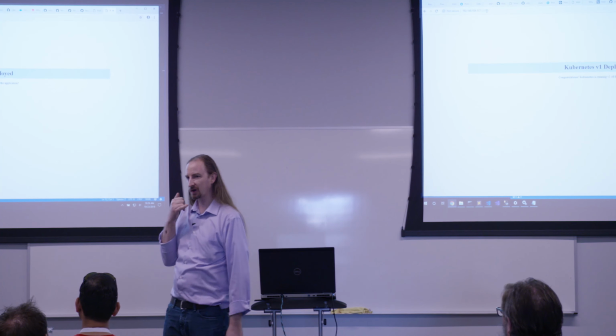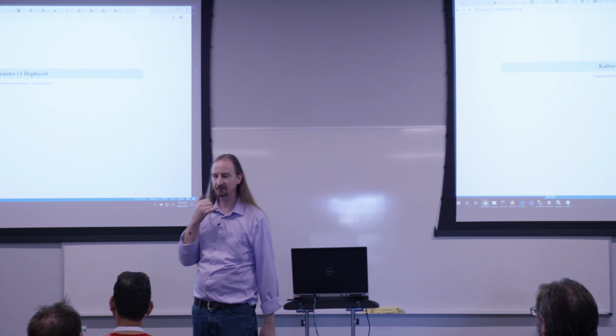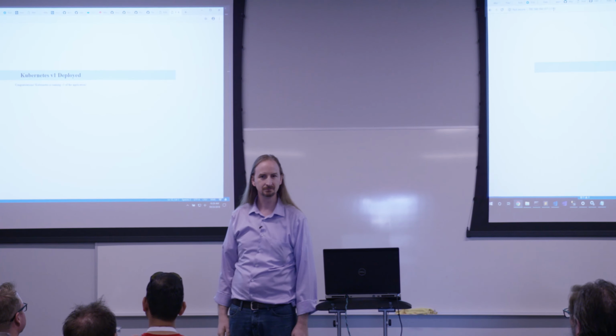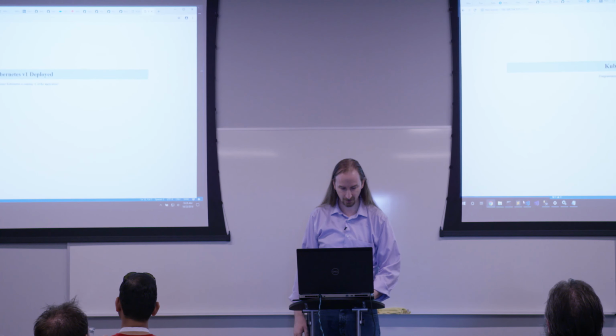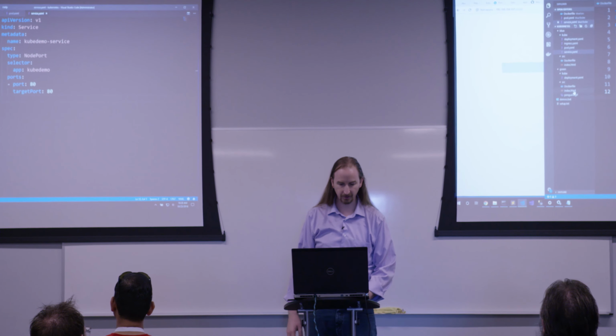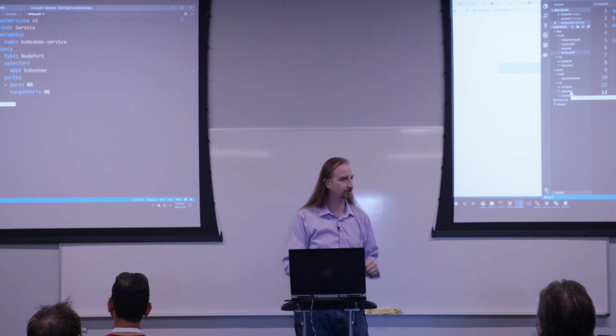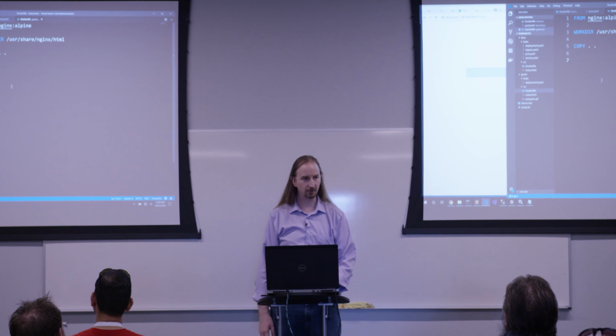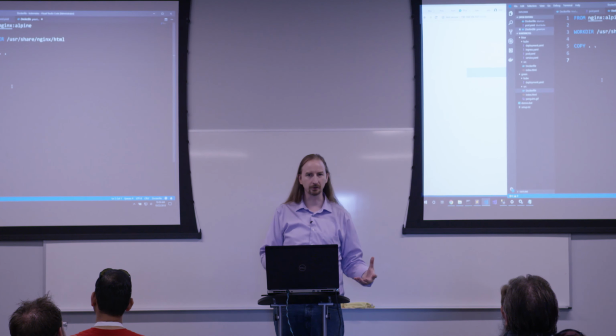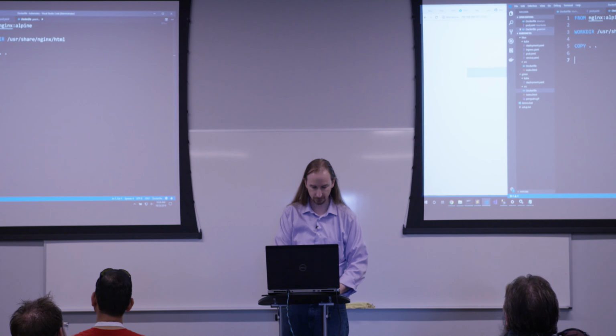We have a change in requirements. Can you upgrade the site to the next version? Sure. So of course, I'm going to fire up my app. And I'm going to come in here to this index.html file. And I'm going to change a bunch of content. And the Docker file didn't change at all. Here's my Docker file. I just happen to have it in a different folder, so I didn't have to live code that change.